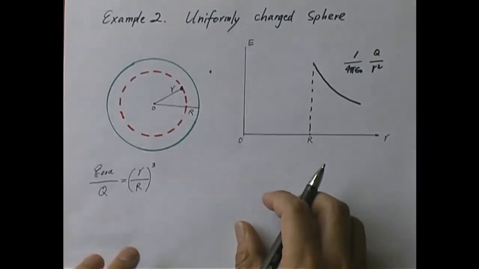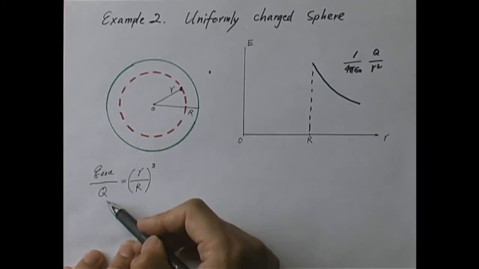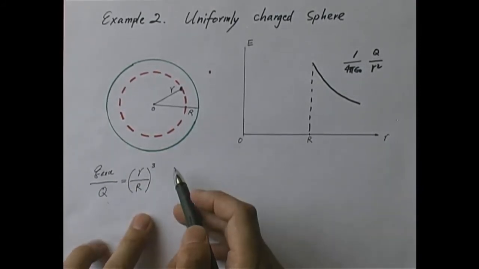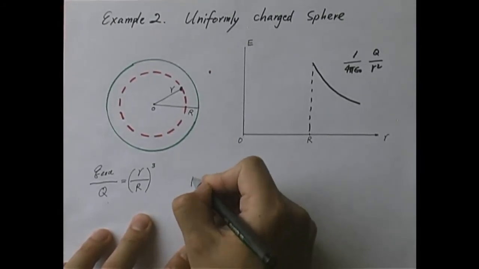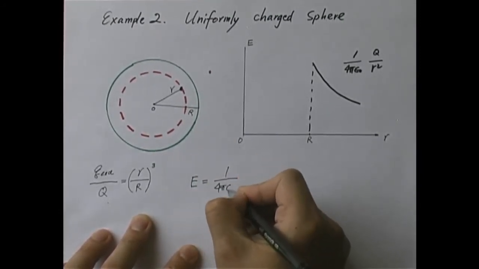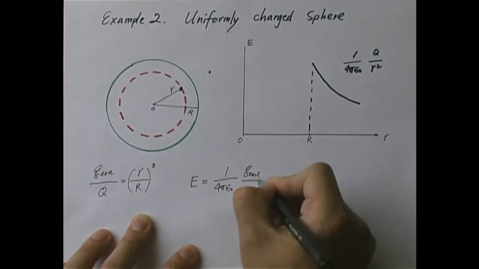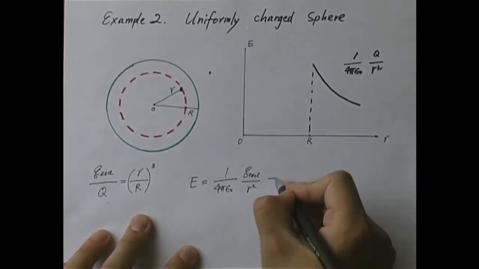If you cancel 4 pi over 3, right? So that's the ratio of the volume. Here's the ratio of the charge. From that I can calculate Q enclosed. And therefore, the electric field inside the sphere, I can write it like this. E equals the general formula 1 over 4 pi epsilon naught Q enclosed over R squared. Isn't that the general formula? Okay, and that equals